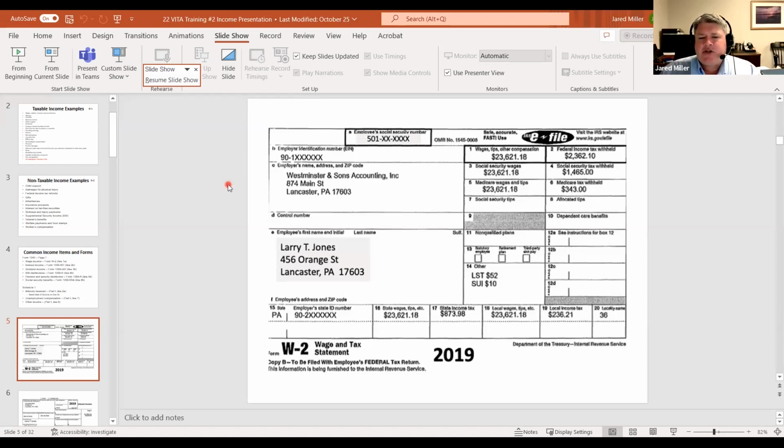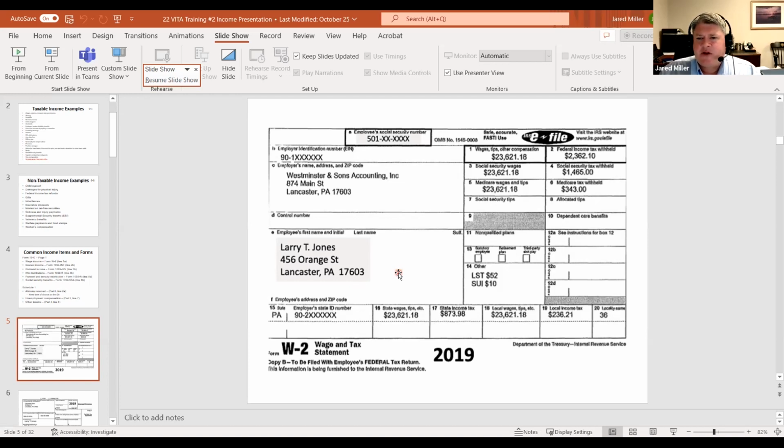Just want to point out, however, whenever we get a W-2, we should enter the information to try and match the information on the W-2 in the return, which may include making some modifications here to the addresses. The information may also include taking a look at the address as reported for the taxpayer. Again, for the 1040, we want the address to be that of the current address of the taxpayer. The W-2, we may want to go ahead and make sure that we have the prior address in there.